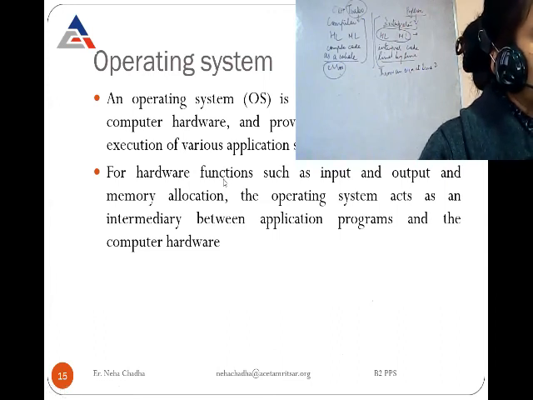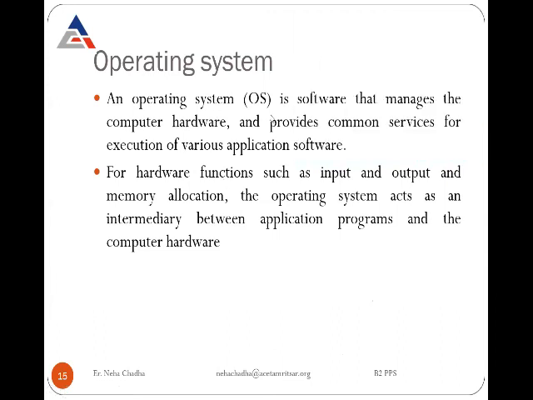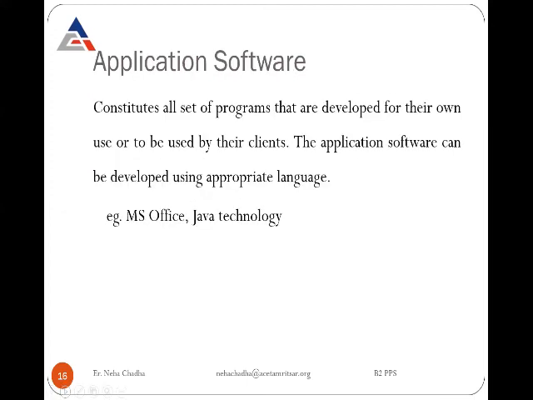Then I will come to the definition of operating system. An operating system is software that manages the computer hardware and provides common services for the execution of various application programs. I have told you that without an operating system, you cannot install your apps. You need one operating system, then only you can install some application over there. For hardware functions such as input and output and memory allocation, the operating system acts as an intermediary between application programs and computer hardware. Then the application software that we have covered, it constitutes all